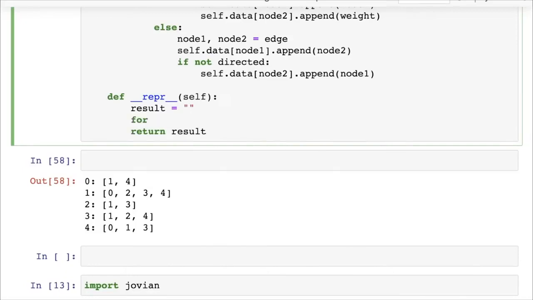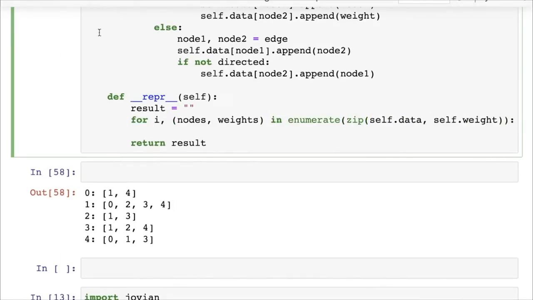Then we are going to say for i, nodes, weights in enumerate(zip(self.data, self.weight)). So now this is an exercise for you to figure out what exactly this is doing,